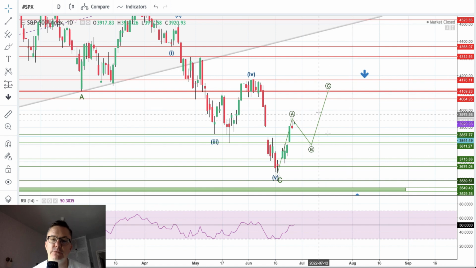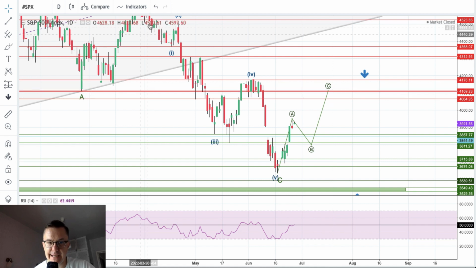So one of these levels will be a target for the wave C. If we take into account that the top for the wave A was made yesterday at 3,880, that's our plan for the S&P 500. It might work. It's looking good, and because we completed ABC, a big ABC pattern, a higher degree ABC correction,